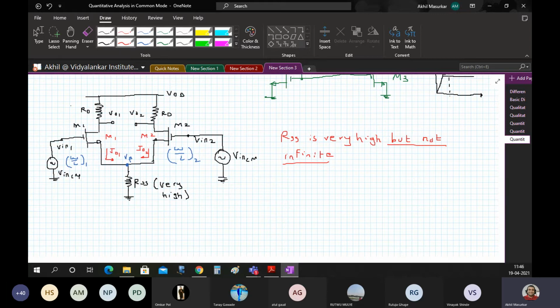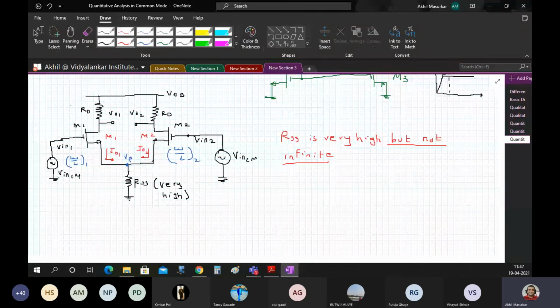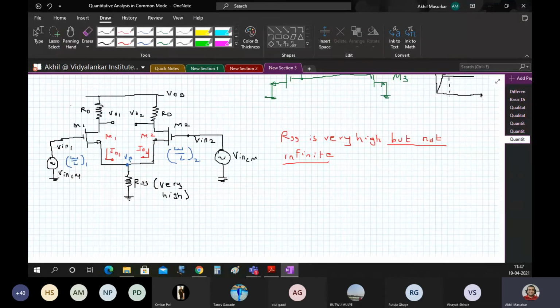Now, one very important thing here again, you can see Vin1 and Vin2 are equal. That is, we are applying Vin,CM at both the terminals. So if Vin1 and Vin2 are the same, then we can claim that Vo1 and Vo2 are also the same due to symmetry. So if Vo1 and Vo2 are at the same potential, then what we can do is